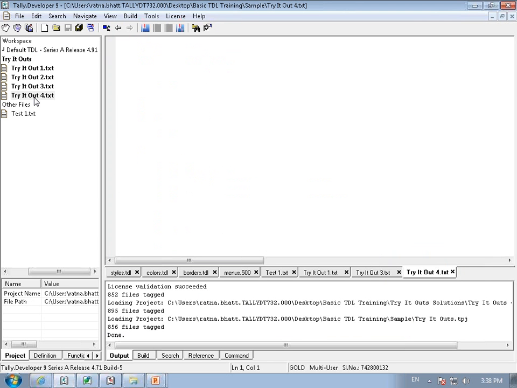So my fourth file, open square bracket, report, /*, this file has been created to show the usage of variable. */ right? Report